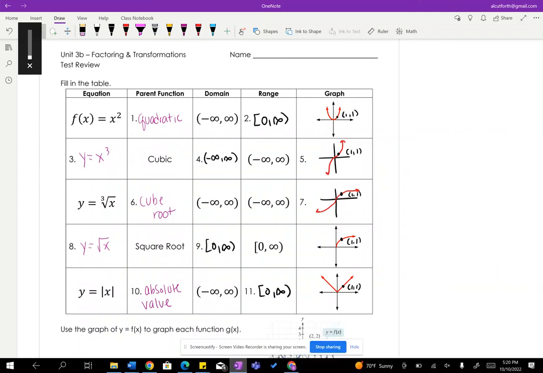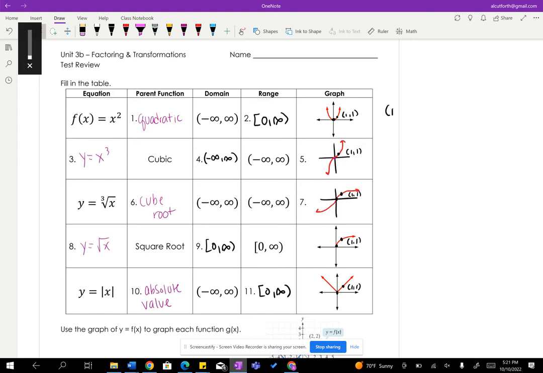All right, so I have put the answers here for this table. Note that I also noted some other points besides the origin (0, 0) on each of the graphs. So like over here, (0, 0) is a point on each of these as well. But each of these functions also goes through (1, 1), and you can always tell when a point is on